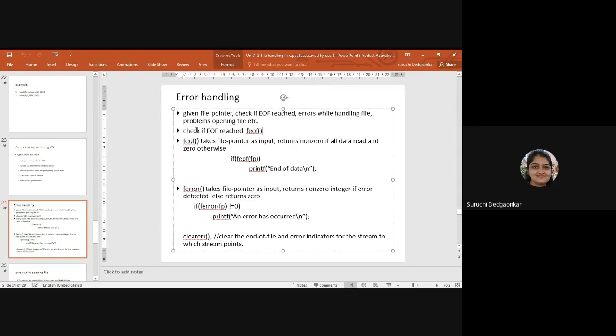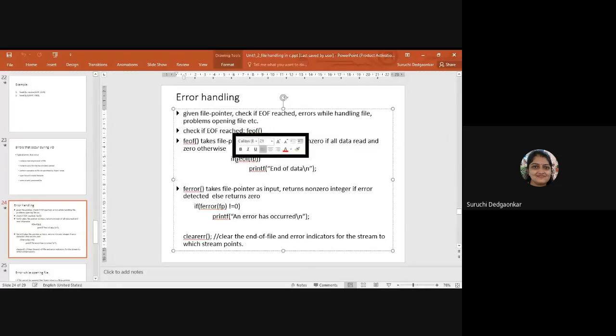So first one is to check whether we have reached end of file or not. We can check whether the EOF macro is reached or not, or there is also a function feof which will tell us whether we are at the end of the file or not. So we can use feof to check whether we have reached the last character.